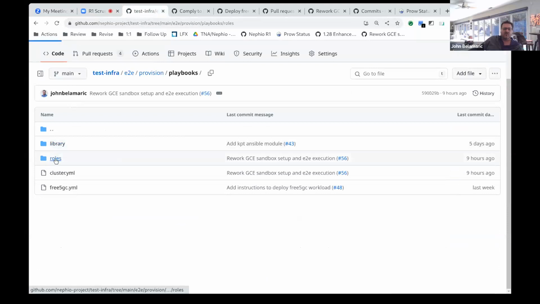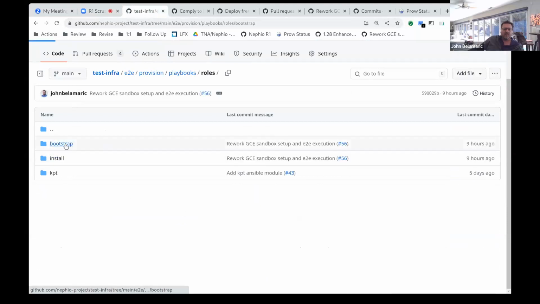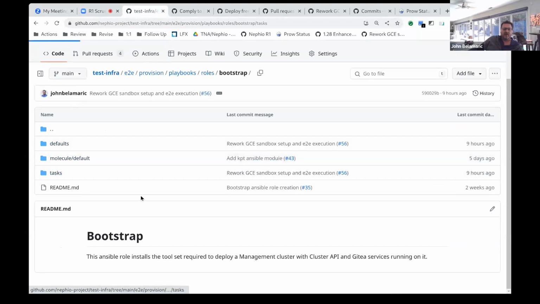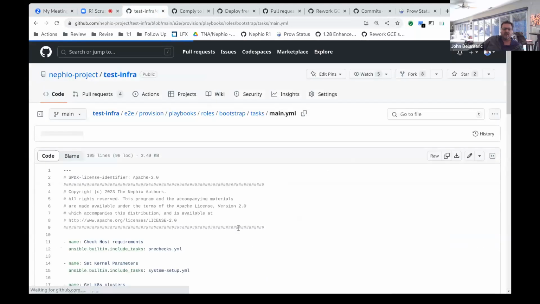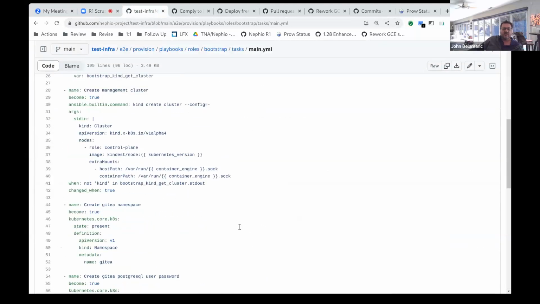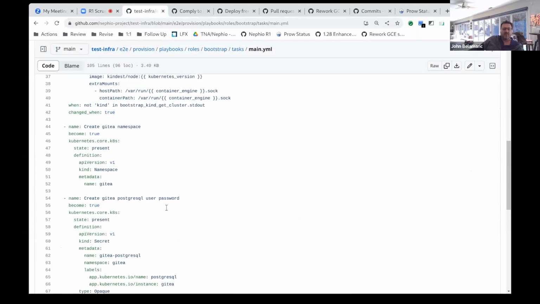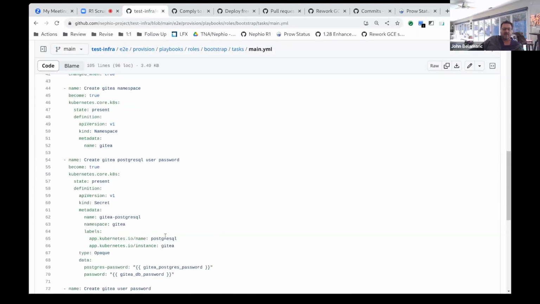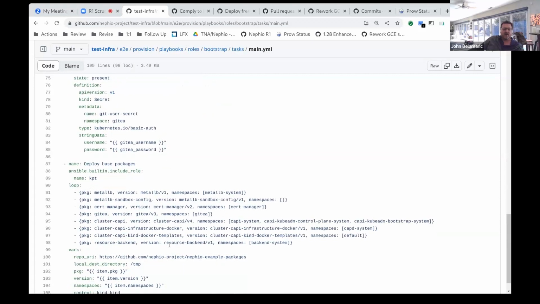There are two of these roles. This one bootstraps the main cluster, but then if you're bringing your own cluster, it does some things to get Git up and running, but for the most part, it just deploys a bunch